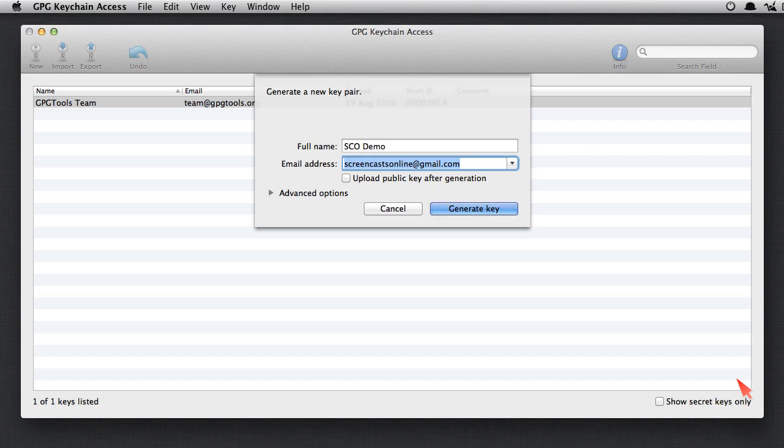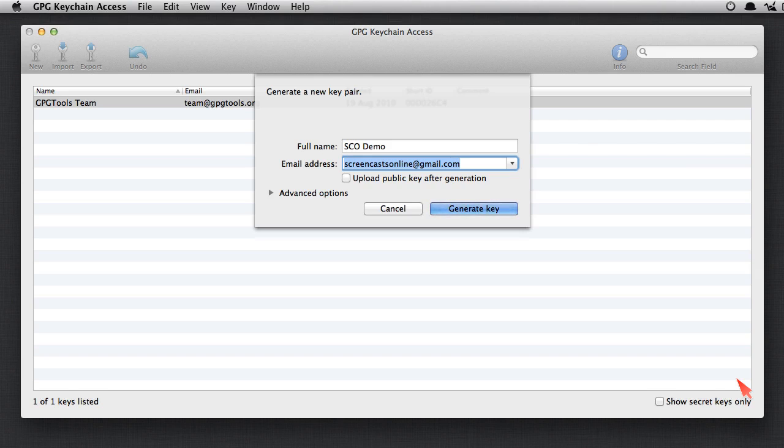I mentioned in the introduction about a public and private key, and these are the mechanisms that allow you to encrypt securely your emails between various people. So the first time that you run this, you might already have a key. I'm not actually going to cover that, so if you've already got a key, you'll probably know what to do with it. But I'm just assuming for this installation, this is the first time that you've actually generated a public and private key. So the first thing we need to do, as you can see here, is to generate a